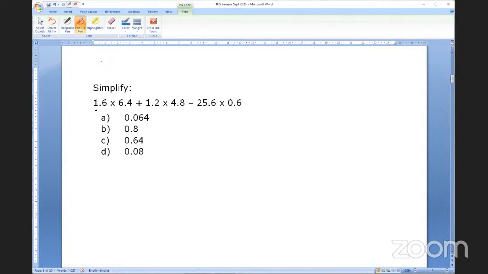Simplify. Is just keep on multiplying or do it, or we can see here 1.6. This is 1.6 into 4. This is 1.2. This is 1.2 into 4. So if I take common 4, I would be left with 1.6 whole square plus 1.2 whole square minus, if I divide 25.6 by 4, I'll get 6.4. And this would be